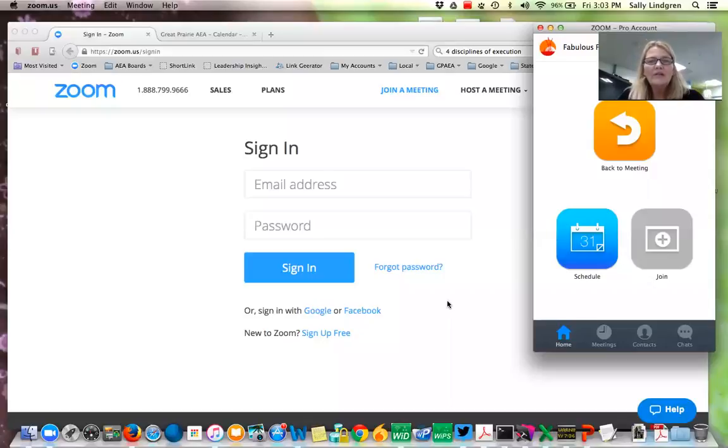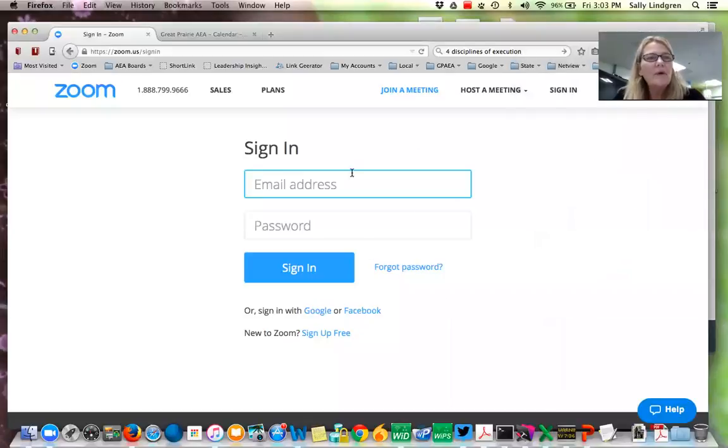Okay, at this point you should be seeing my web screen, and what you'll want to do is use your web browser to go to https://zoom.us/sign-in. This will bring you to the sign-in page for Zoom, or just go to zoom.us and you will get to the Zoom page, click on login, and that will bring you to the same page that I'm at right now. At this point, you'll use your email address